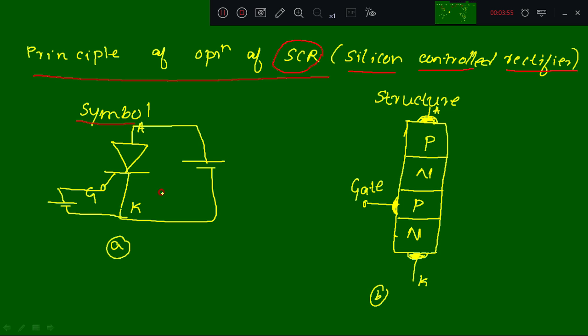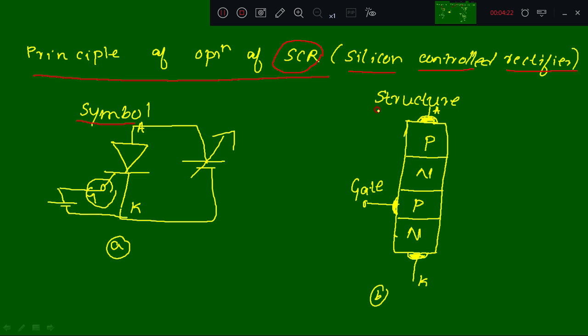Then our SCR will turn on. Remember, without the gate, the SCR will be off. But we can forcibly turn on the SCR without giving gate, but this will damage the SCR. Go on increasing this voltage to the maximum value, SCR will be forcibly turned on, but it will damage the SCR without the gate.